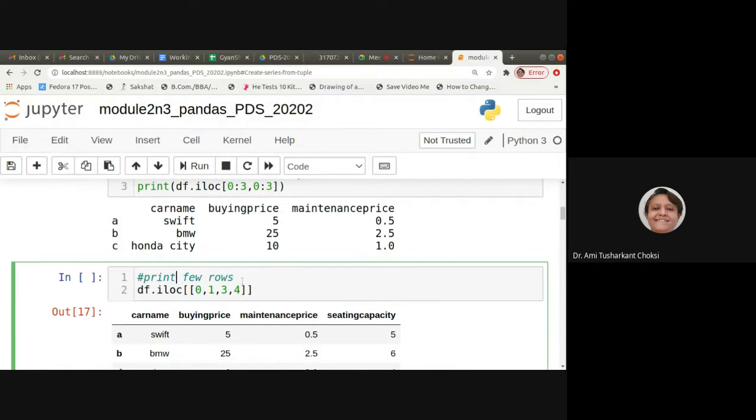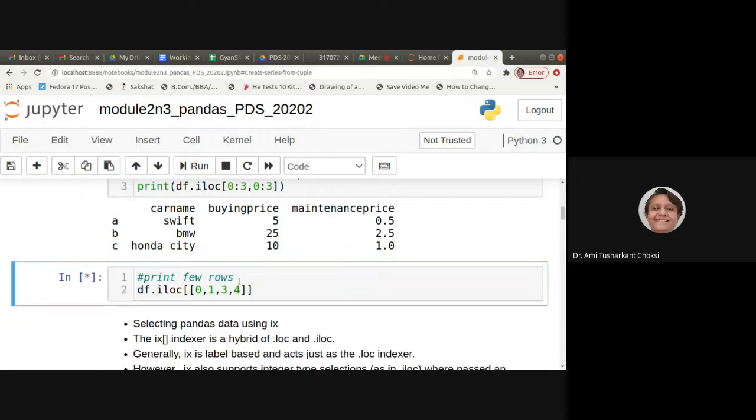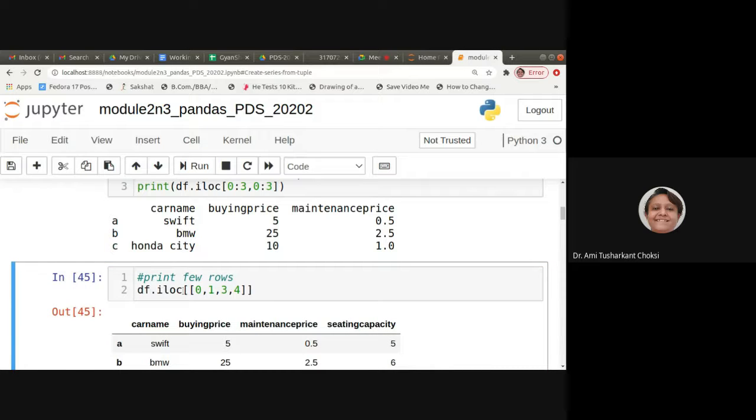Now, if I give it this way, that is df.iloc[0, 1, 3, 4]. What is this? It is start row, colon, end row, comma, start column, colon, end column. Is the comma there? Yes. Is the colon there? This symbol is not there.